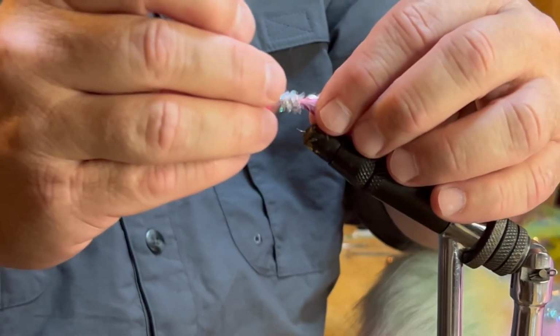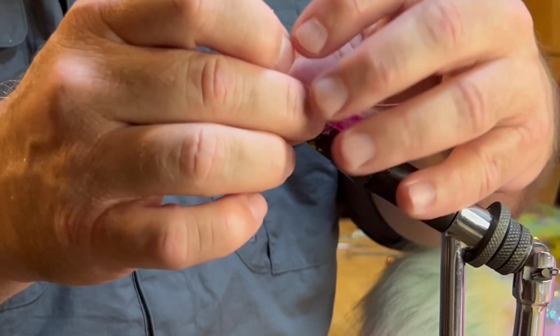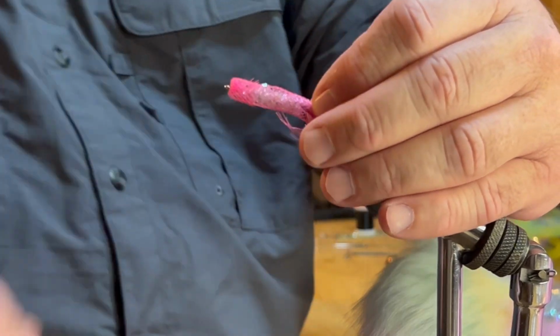And we're gonna push this back. There we go, look at that. Now it's fraying, and I don't care. We're going to cut that off. All right, there we go. So we've got